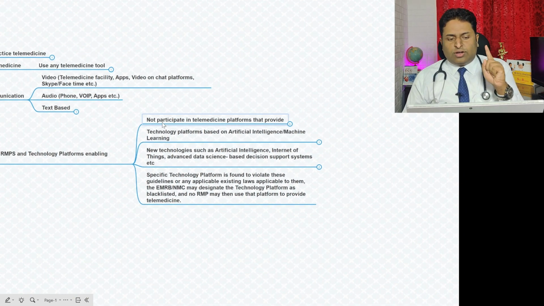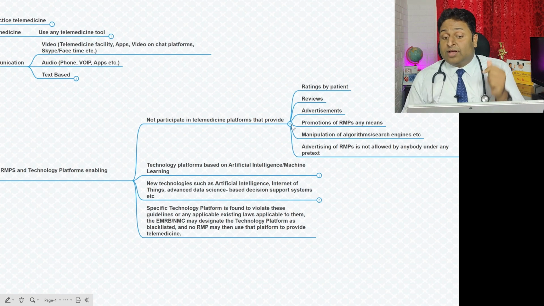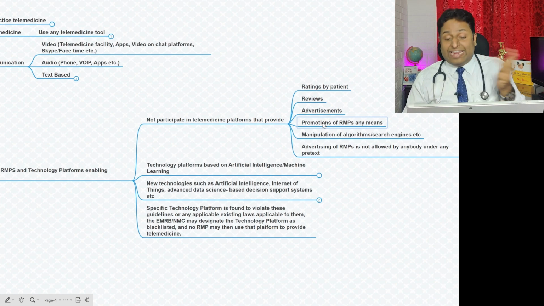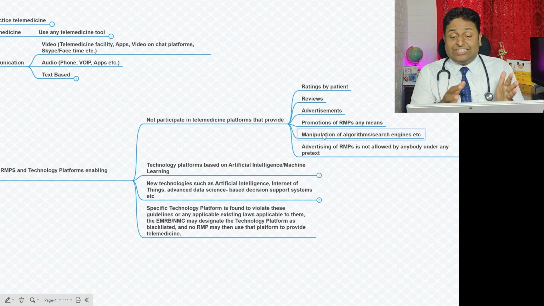First, not to participate: doctors should not participate in telemedicine platforms that provide rating by patients, should not be there on those platforms. If they provide reviews, if advertisements happen on those platforms, promotion of RMPs by any means happens on this platform, or manipulation of algorithm, that is search engine, etc.